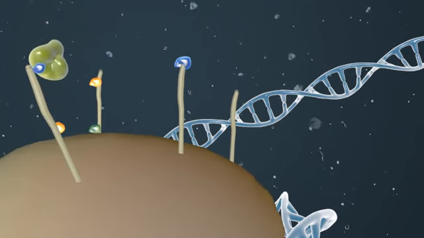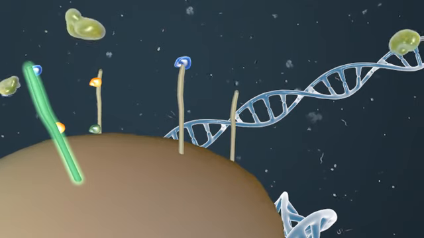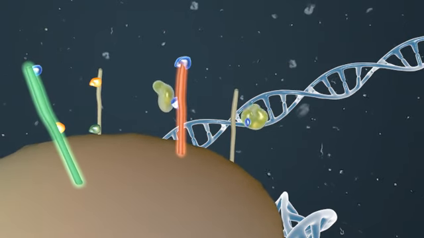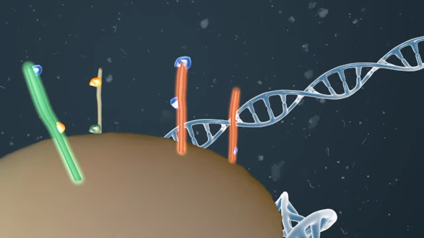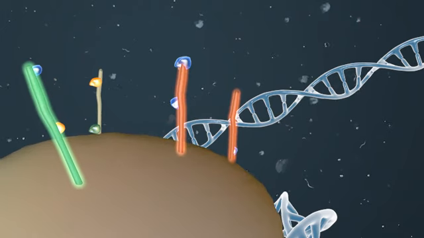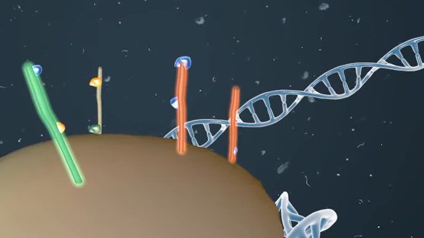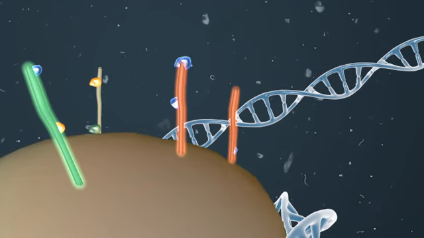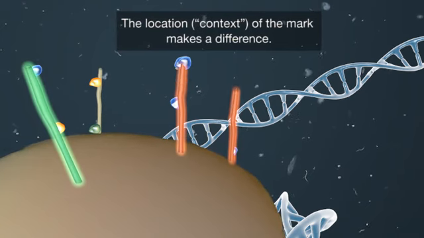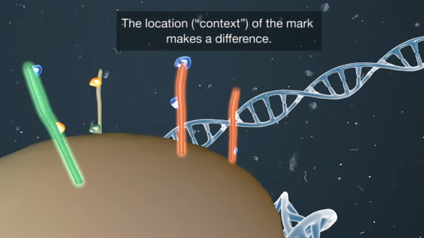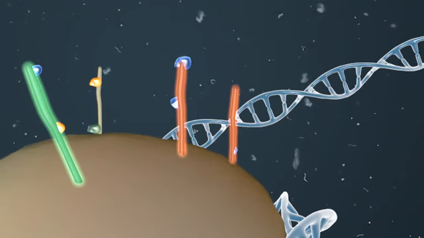Some marks activate a gene, other marks repress a gene, while still others can either activate or repress a gene depending on where the mark is placed. Thus, the same chemical mark could signal gene activation or repression. The location or context of the mark makes a difference. While dozens of different histone tail modifications are possible, in this animation we will focus on just two important examples: